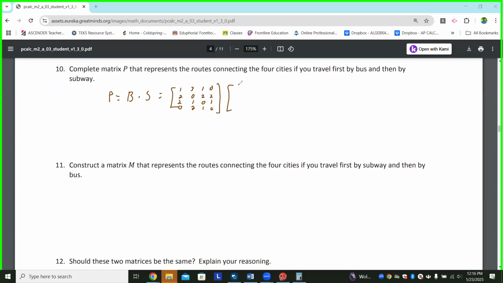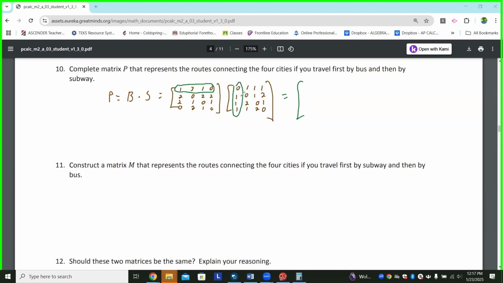Take my subway, which was 0, 1, 1, 1, 1, 0, 1, 2, 1, 2, 0, 1, 1, 1, 2, 0. And so now I'm going to do row times column of each one of these. All right. So when we fill this out,